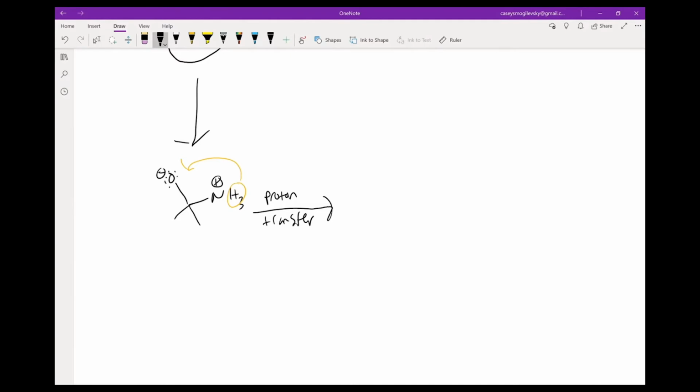Now, one could argue about whether it's good practice to try to draw the exact proton transfers at least your first few times, but it's up to you. So then what this will form is